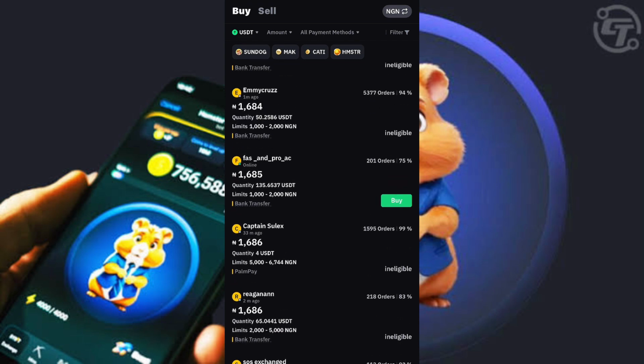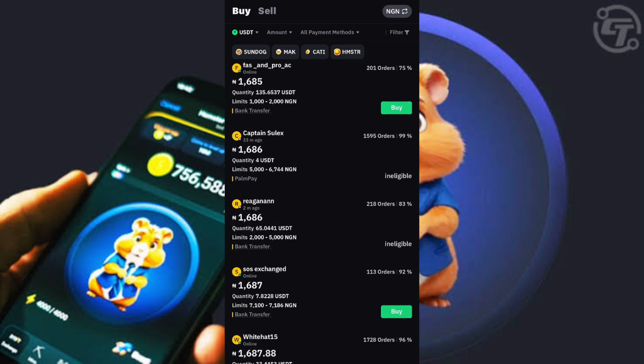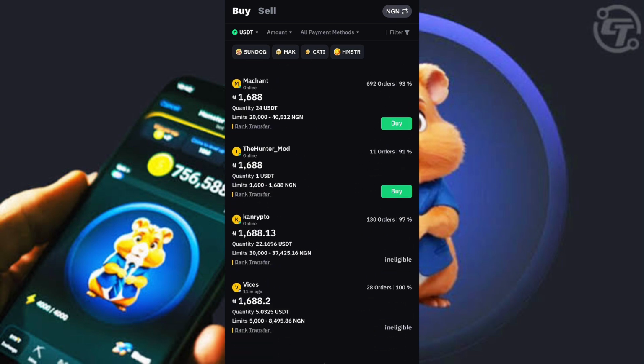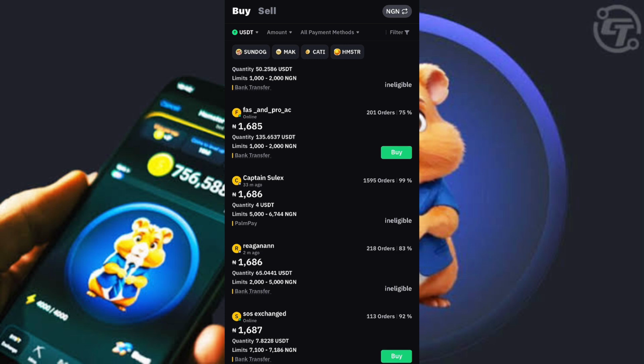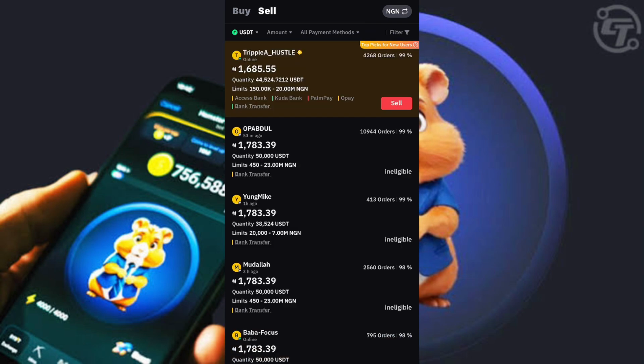You can see this one, the right buy is eligible, right? You can buy the coin if you want to, but if you don't want to buy and you want to sell, look at the top of your screen there. You can see where it's a buy and you see sell. So if you're here for sell, you click on that, right? You see, once you click on sell,